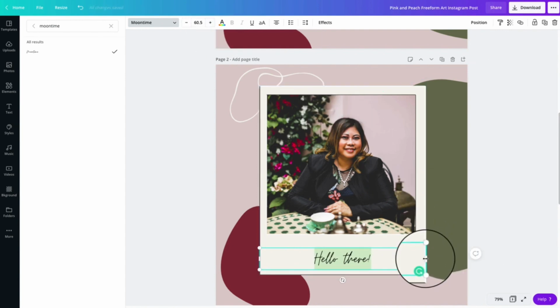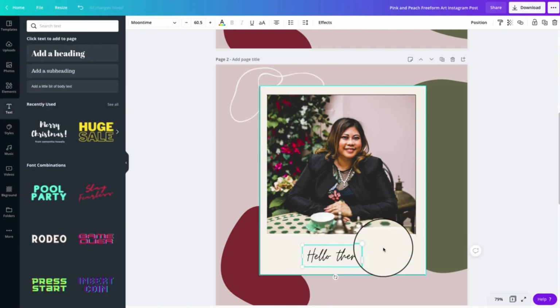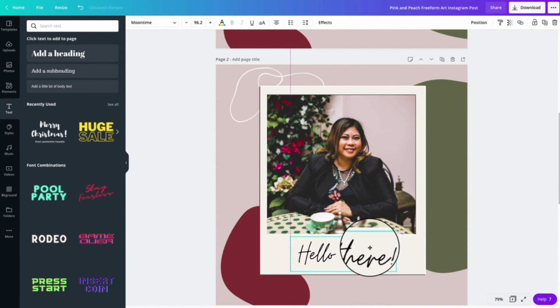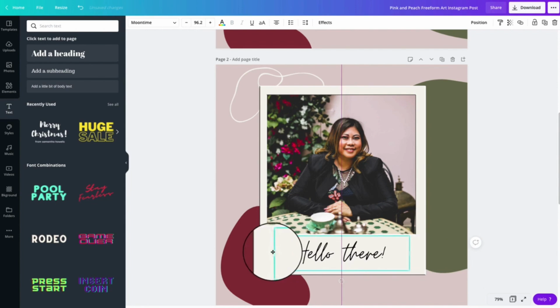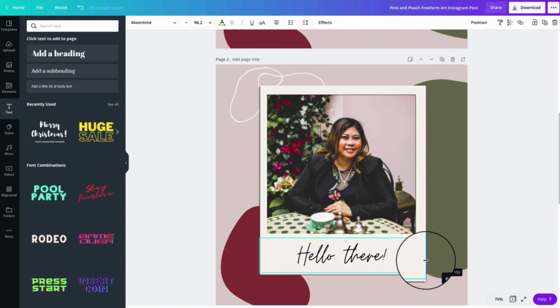Or alternatively, another way to make it bigger is you select it and then you just drag the arrow there, and you can make it as big as you want. To make sure it's centered, I move these things here and then I just make sure that it's set to center,